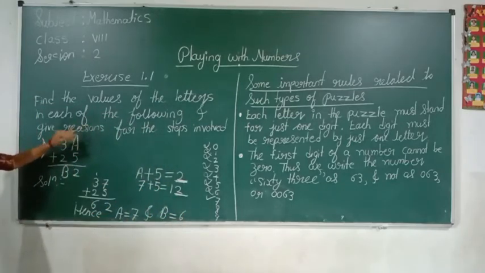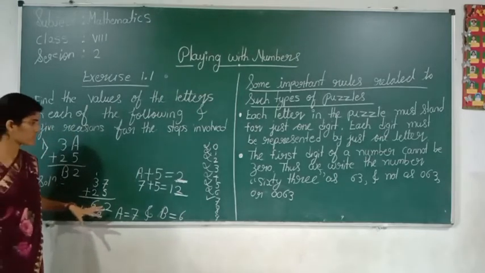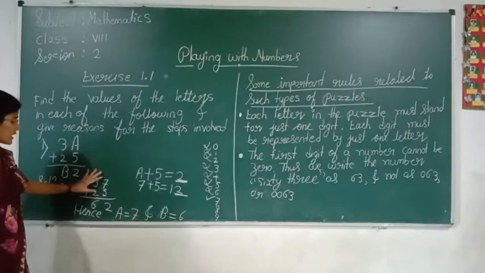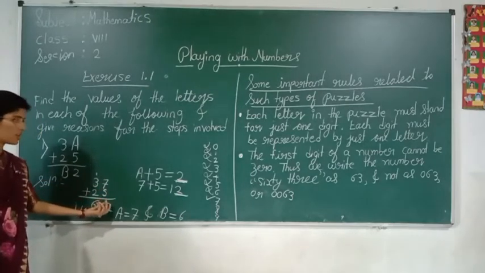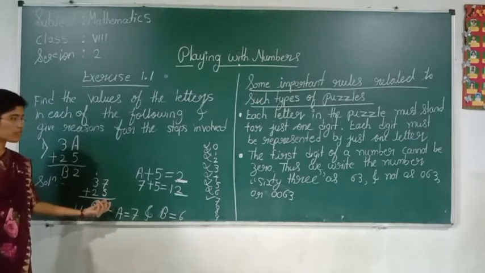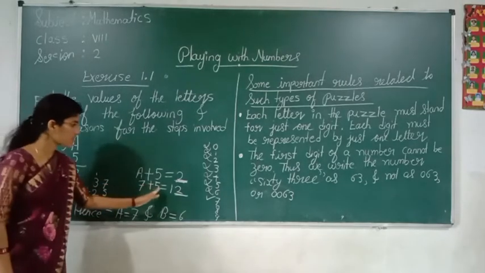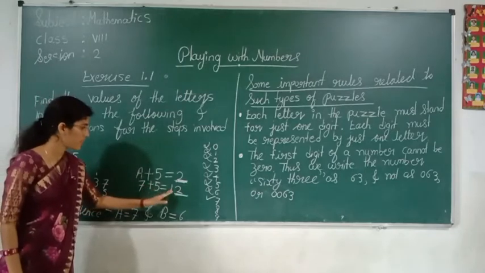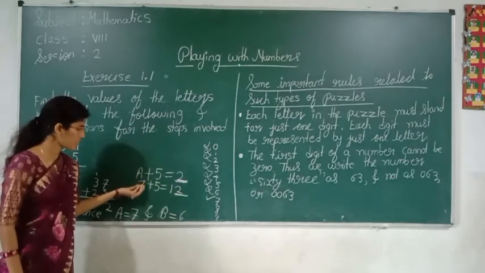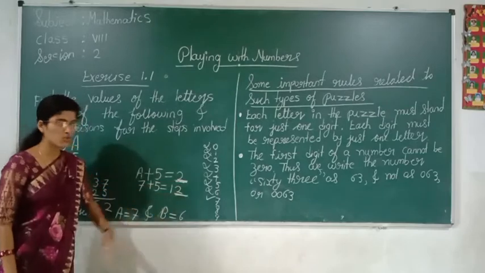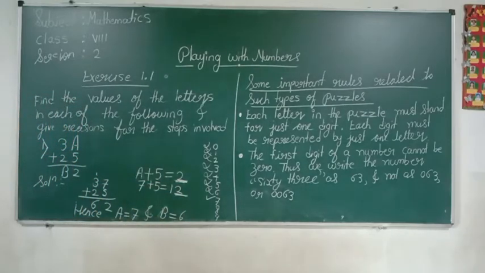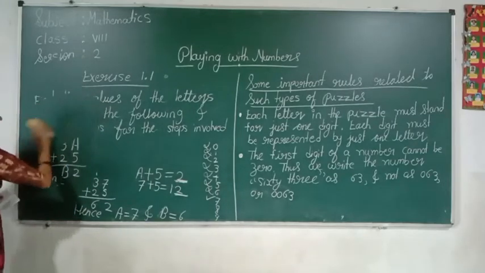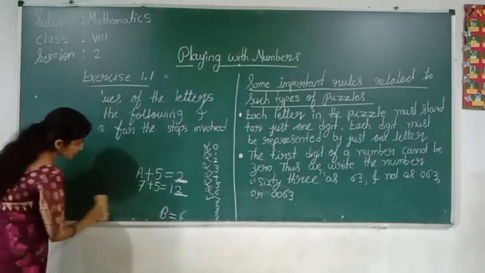So what is the step involved? They are told to give reasons for the steps involved. You have to write it. Now how can we give the steps here? In unit place we want 2 as a value. For that what we have done? 7 plus 5 we have done. 7 plus 5 is 12. If I put a value 7, in unit place 2 will come. Yes or no? Okay. We will see the second problem of this exercise.